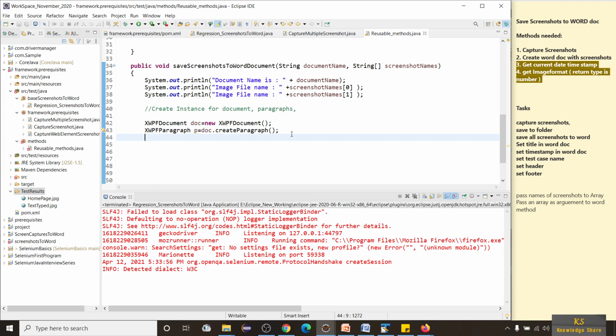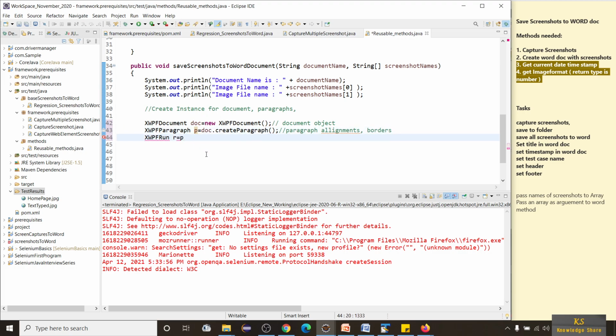Now this creates a document object, and this one is for paragraph alignments, borders, everything. The next one which we are going to take is XWPFRun, as r, and we are going to reference this paragraph.